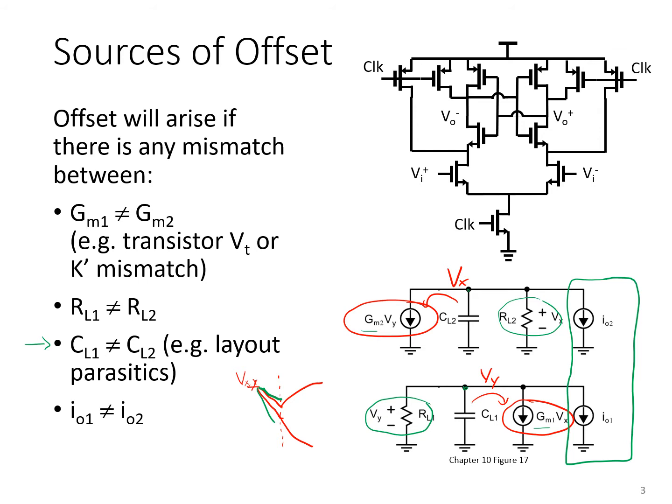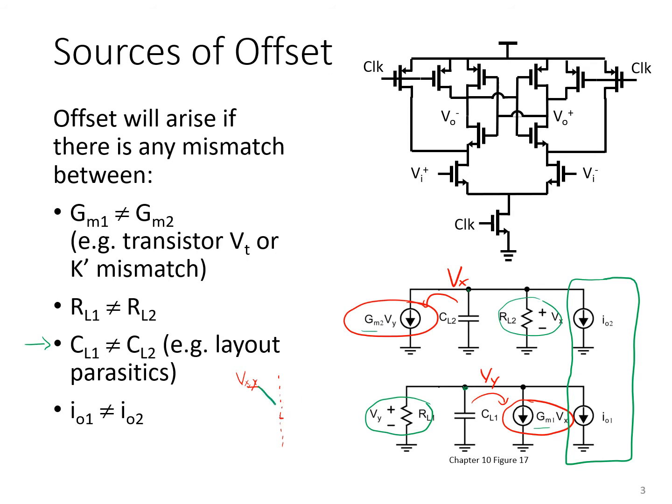So mismatches in any of these parameters in the two half circuits can give rise to offset. Now the offset of the latch, as is the case with amplifiers, is quantified by the amount of differential input that needs to be applied to overcome the inherent offset of the latch and make the latch output very close to zero. That is to give rise to a situation where